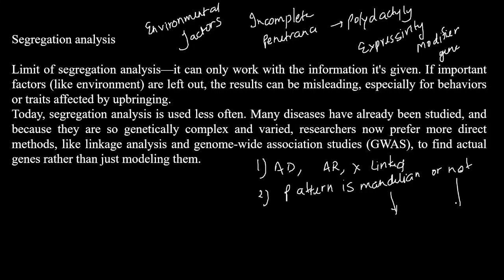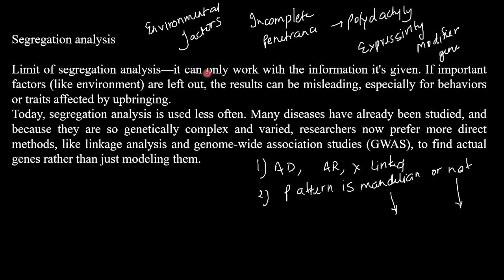If it is not, it could be because of environmental factors, incomplete penetrance, expressivity, or modifier genes. And if it is like that, then you have to conduct a GWAS, genome-wide association study, to find the